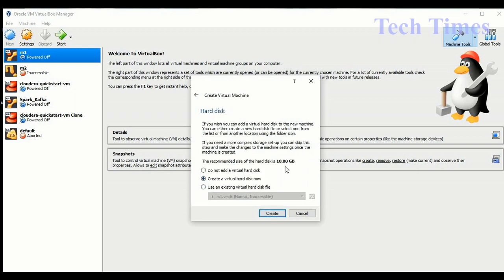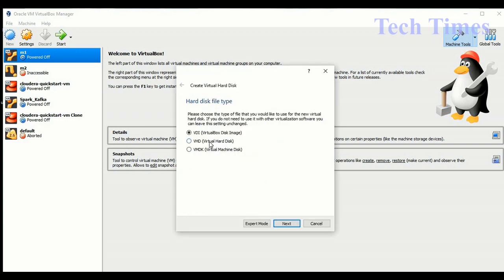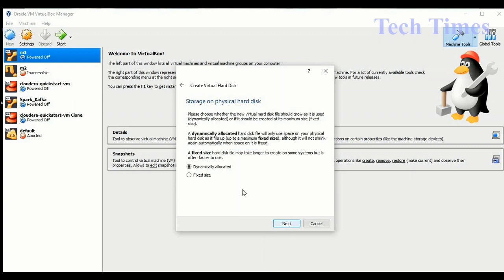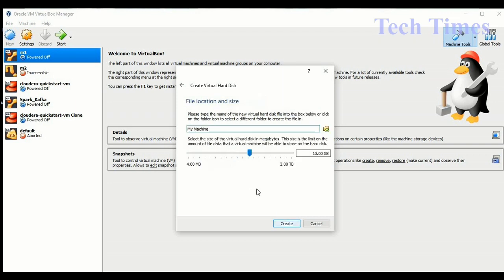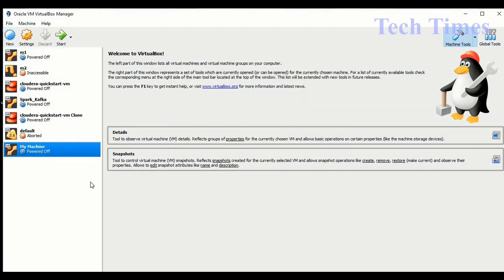Then we have to attach a specific hard drive for our machine. Since this is a virtual machine, there is a virtual hard disk we can create. So select a virtual VSD hard disk, and there will be two options for that. You can either do it dynamically allocation for that whatever allocated memory, or it can be a fixed size. I'm going to go ahead and click on dynamic only, and based on whatever total hard disk available, you can select any. I have selected 30 GB. That's it, and my machine is created here.